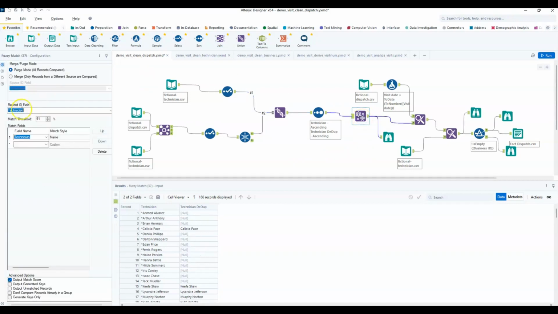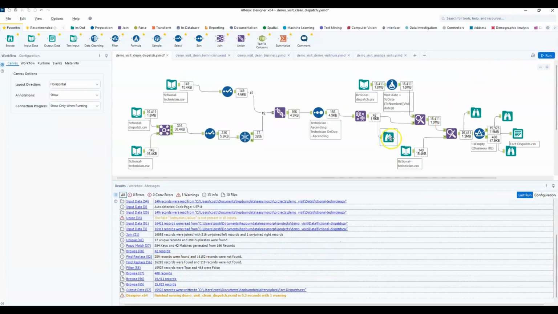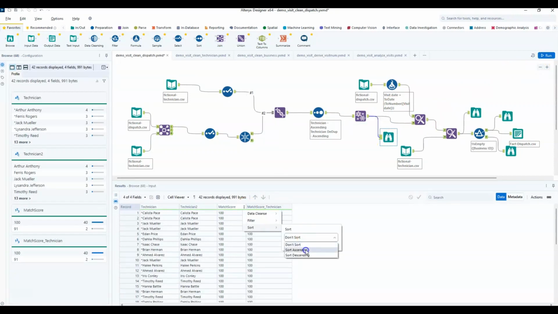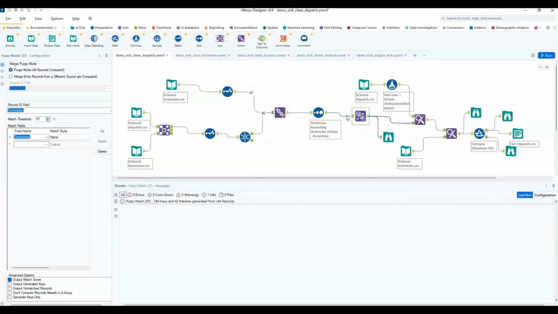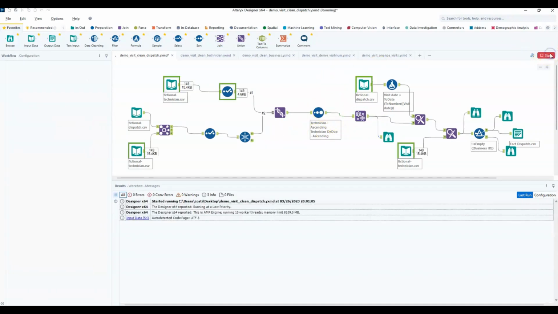So if I click in here, I can put a threshold, a match threshold, whatever I want. By default, it's usually around 80%. Here I had to crank it up to 91%. And if I run it as is at 91, so I'm going to sort on ascending, and these are all legitimate fuzzy matches. But if I go back and I just crank that down by 1 percentage point to 90%, which is still very, very high, and I rerun this,